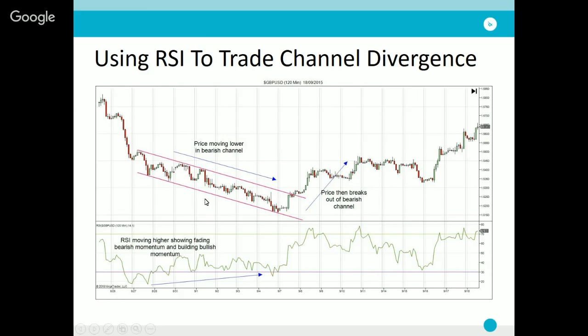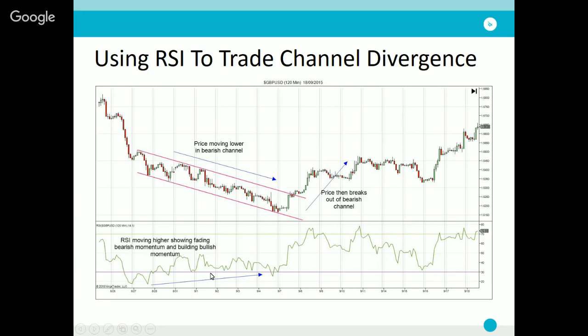Once we see this set of circumstances develop, we then want to keep an eye on the price action, monitoring or anticipating a potential reversal higher. You can see that that's what happened here. We actually broke out of the bearish channel resistance line and took off to the upside, in line with the direction signaled to us by the